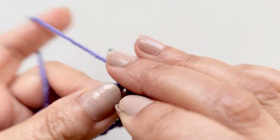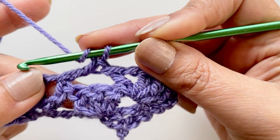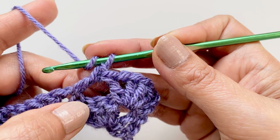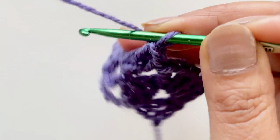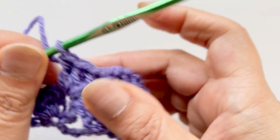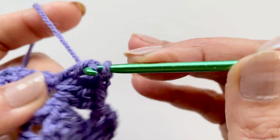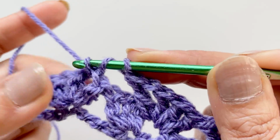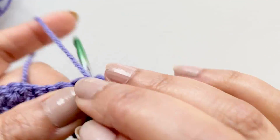Okay, so yarn over, go into that chain 1 space, because you can see it's big enough as it is anyway. It will push as soon as we've placed the stitch, but by skipping over 4, maybe it's just me, but if you like what I do and you know what I'm on about, trust me then. Chain 1 and then go back in again, yarn over, go to your next chain 1 space here and do 3 double crochets, 2 and 3,